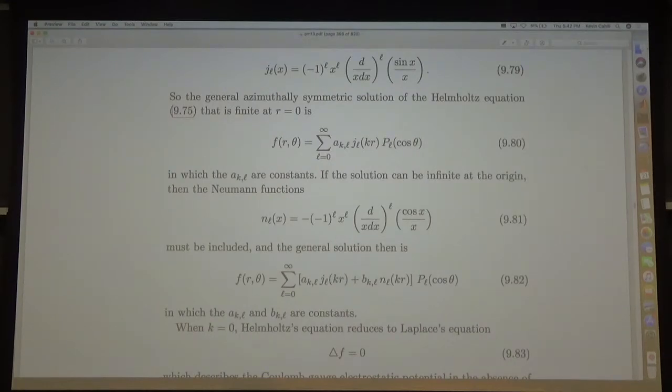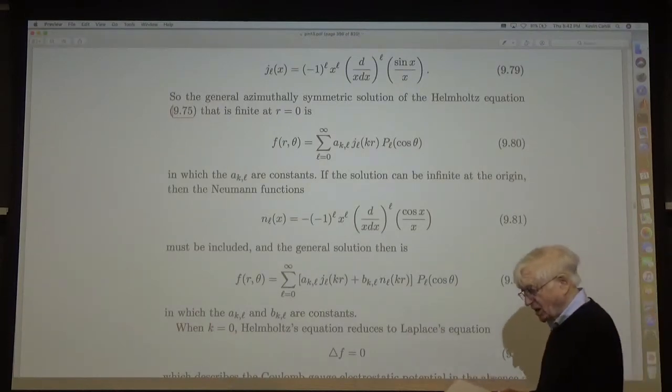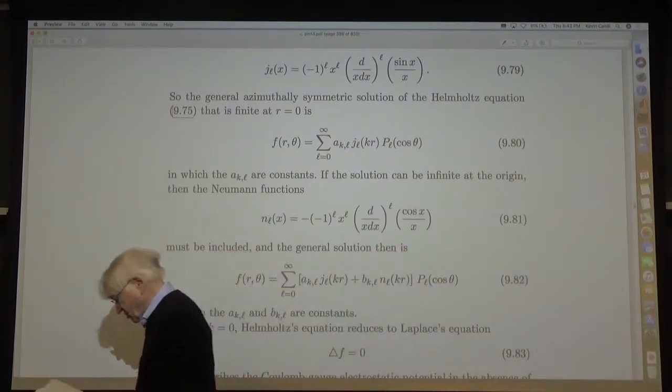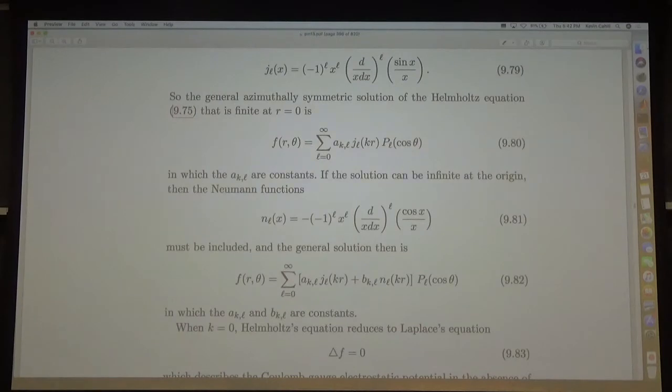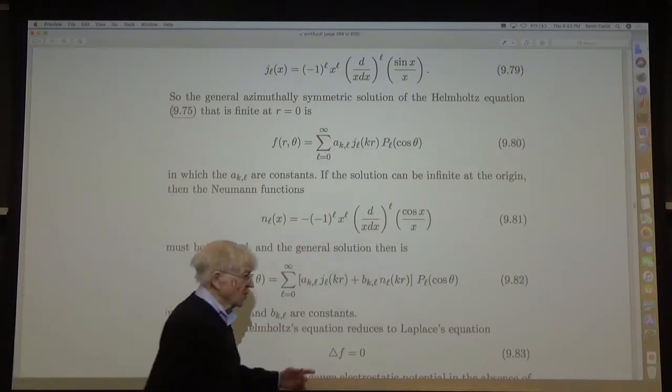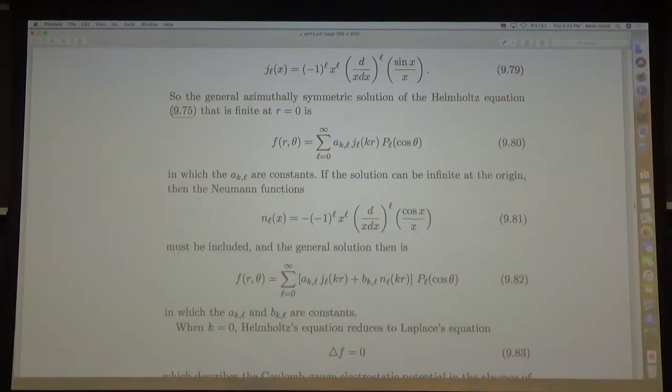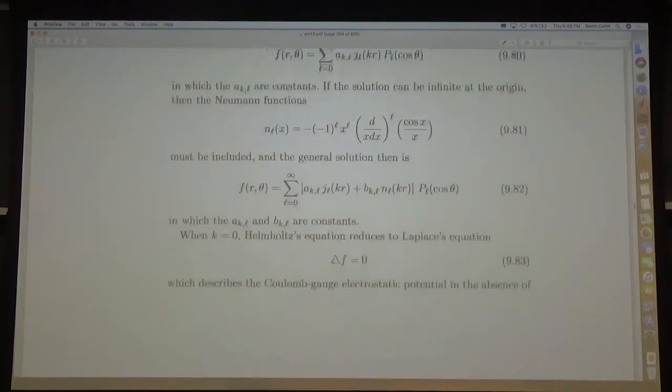When k equals 0, the Helmholtz equation, minus Laplacian f equals k squared f, reduces just to Laplace's equation, namely that the Laplacian on f vanishes. And that's this equation. So now if I advance that a little bit,